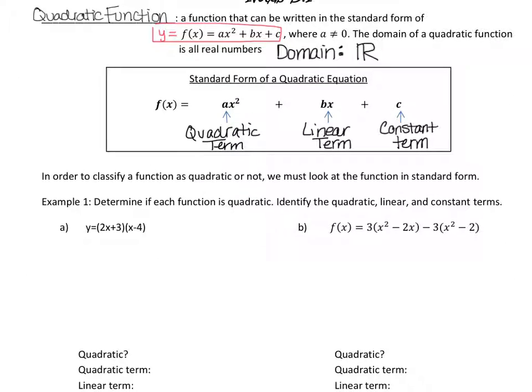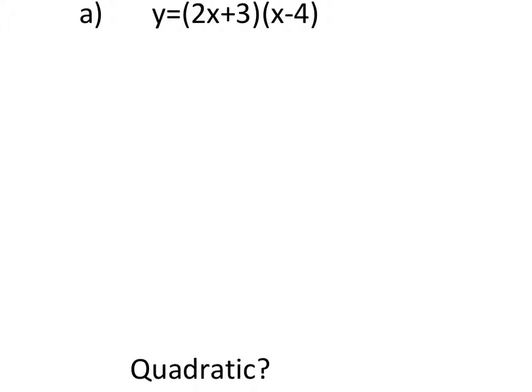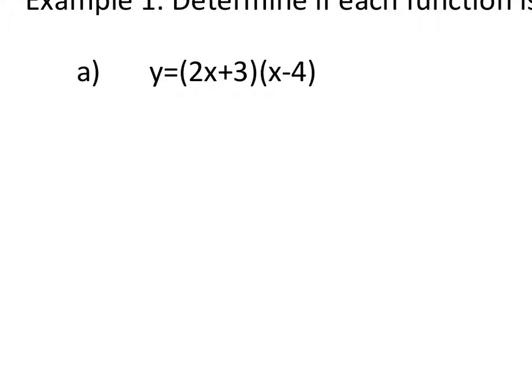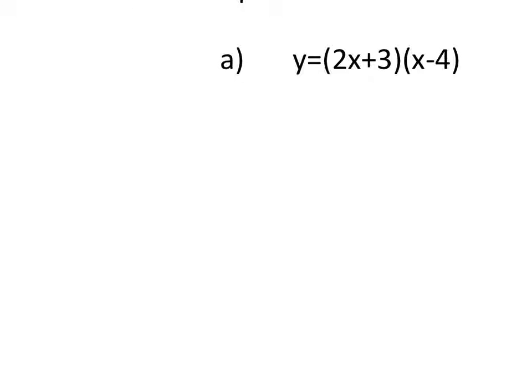In order to classify a function as quadratic or not, you have to look at it in standard form. Standard form is where it's all written out with an x squared term, x term, and then a number at the end. We are going to use that to figure out if this function is quadratic or not. Once we've done that, we'll identify the quadratic, linear, and constant terms. So how do we simplify this equation? We get rid of parentheses. How do we do that? There's steps, and they spell out the word